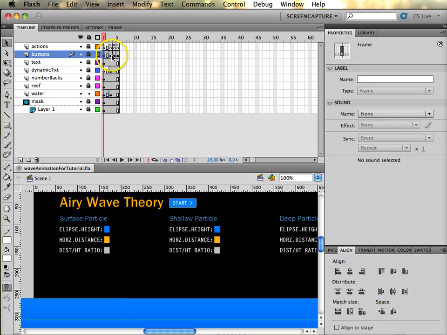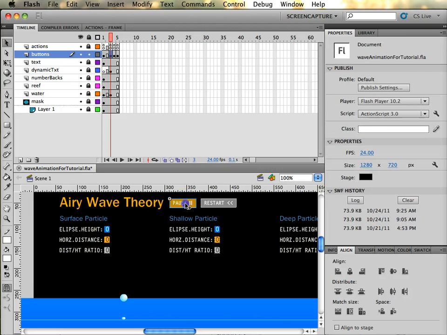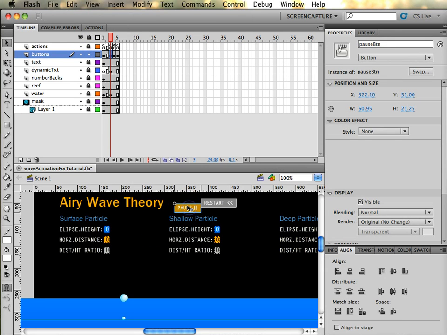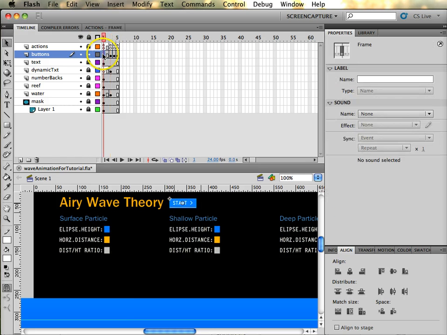All right. Now, one thing that I haven't showed you before that is helpful. See these buttons, how they are aligned perfectly? Now, there's this cool little thing down here called the Align palette that you can align things with. Let's say this pause button, for instance. Let's unlock this layer. Let's say this pause button is over here, and I want it to line up perfectly with that start button. Well, what you can do is click on Edit Multiple Frames, okay, and then this little bracket up here,